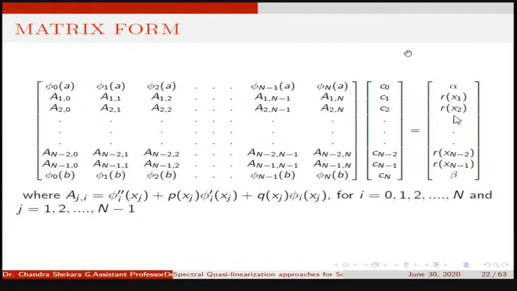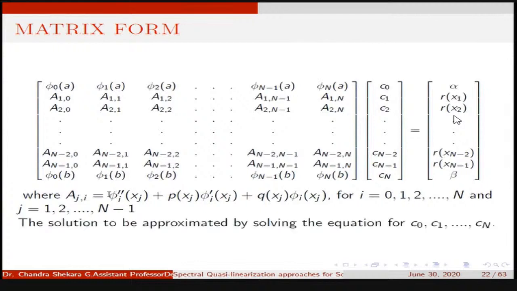Just solving this system of equations for C naught, C1 up to Cn, we'll get the required solution. The solution is approximated by solving this system and substituting back these constant values in the capital U of x. This is the overall method of how to use the spectral collocation method to solve any